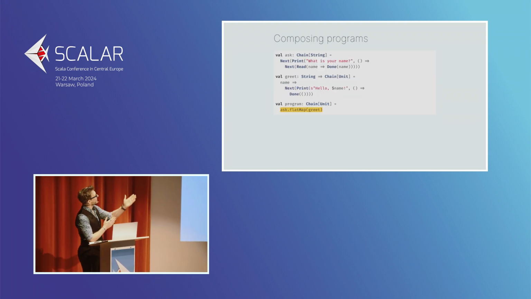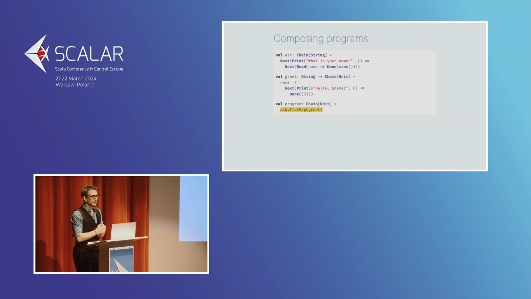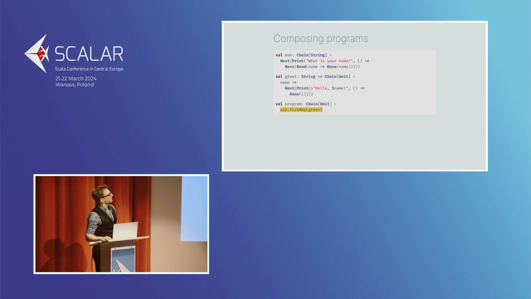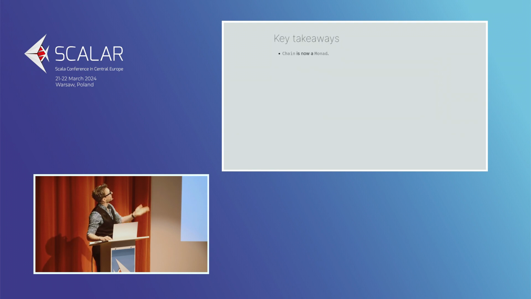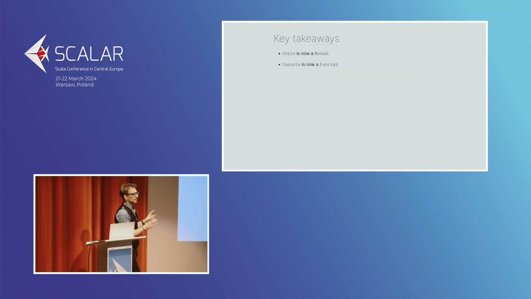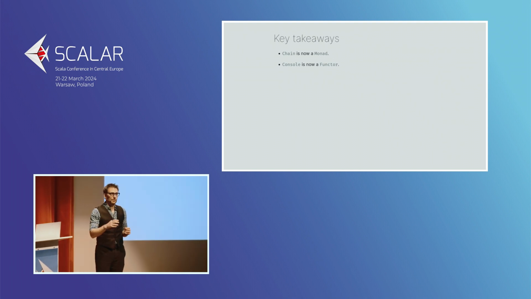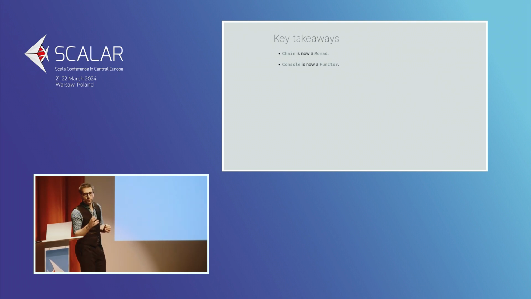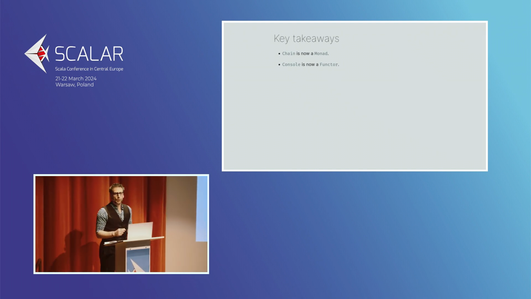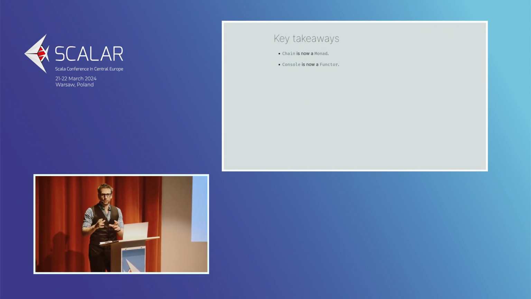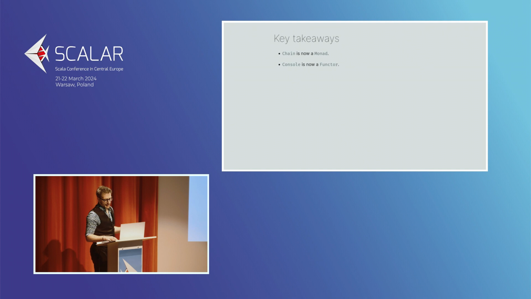Right, now we get to write that, because, well, console is a functor, chain is a monad, right? Chain is a monad, console is a functor. And this is brilliant, isn't it? Because we now have that map. That means we can use syntax in the language, such as for comprehensions. That's got a lot better. But if you remember, our code was dreadful, so much boilerplate. So let's try to solve that.